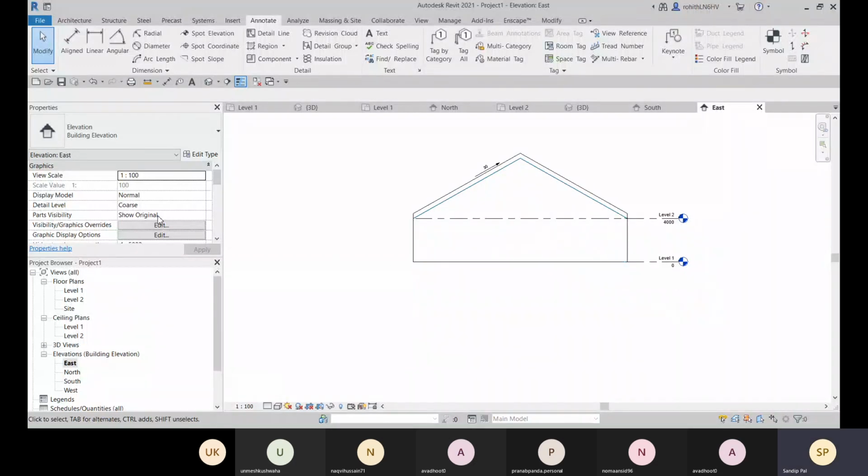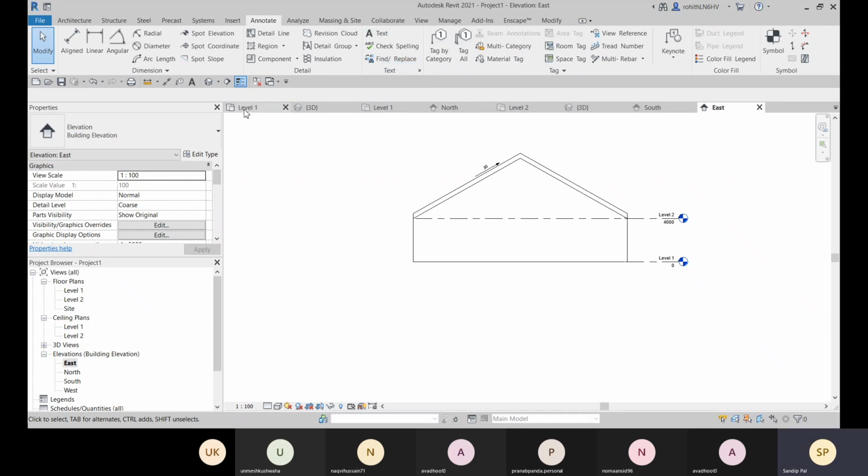So we can provide these values, and we can provide some tag and text as well. Those are available in this annotate tab. You can see this text is available here.